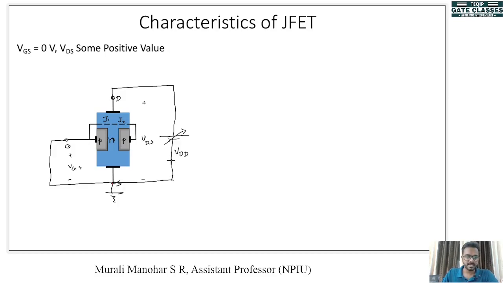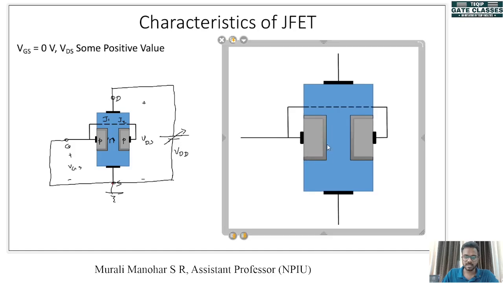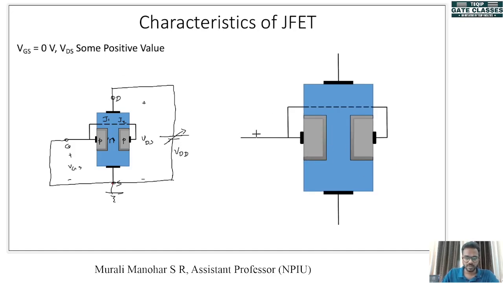Now let's see what happens inside this. Okay, for that I am taking an enlarged view of this N channel FET. So here we have our gate which is connected to the ground now. Here we have our source which is also connected to the ground, and here we have our drain with a positive voltage. This is our p-type material, this is our n-type material. Now you know that in n-type material there are a number of electrons, right? Now this looks like a conductor, right? There are a number of electrons, they are free to flow,